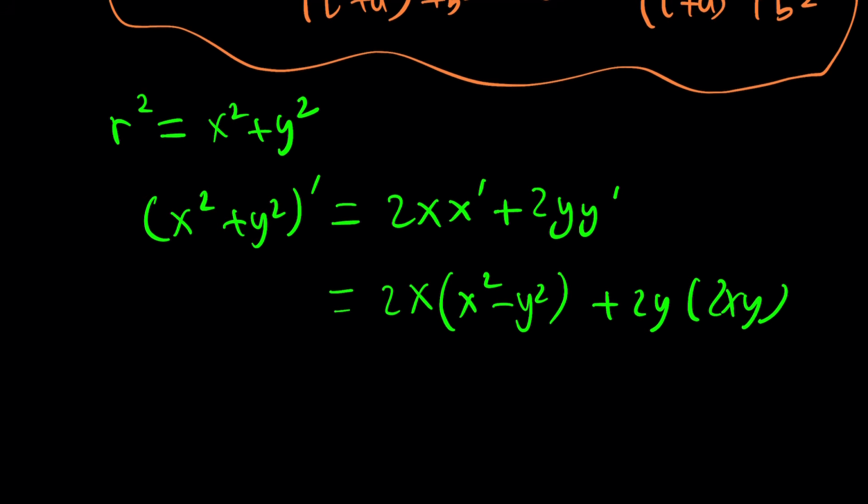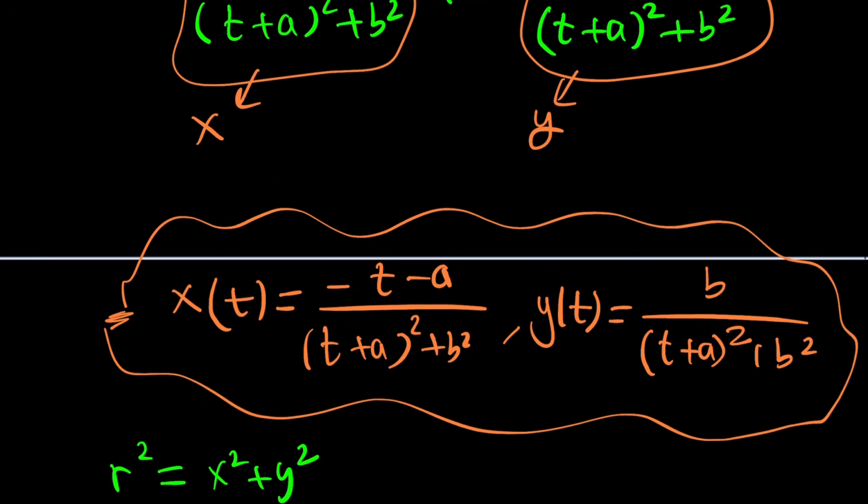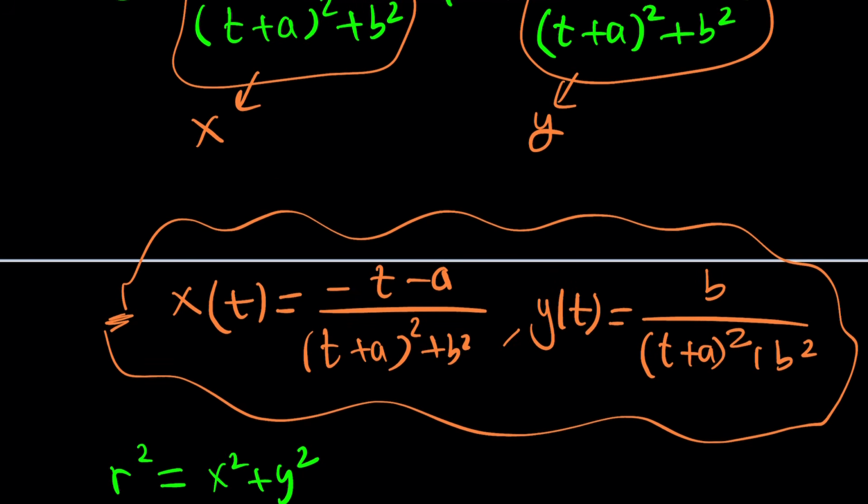And then you can expand it, simplify it, and at the end you're going to find something like 2x r squared by way of substitution. And then you can take r squared and differentiate it. And then you can use a ratio, y over x. So you can set up, okay, suppose u equals y over x, and then differentiate it by using the quotient rule, and then you're going to get something hopefully helpful from there. But that's a lot of work, and guess what? That's going to give you a different answer, and I want you to find out why those two answers are very, very different. But this is our solution by using the method of complex numbers,